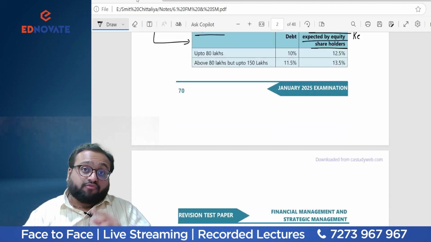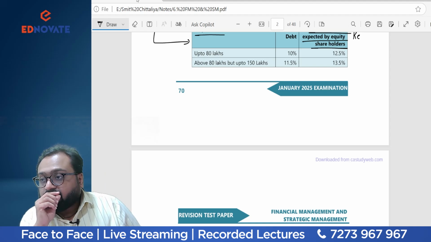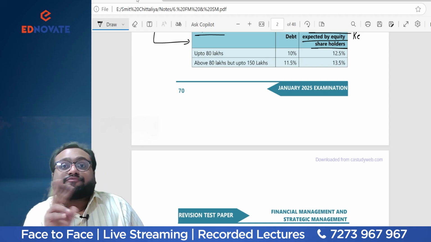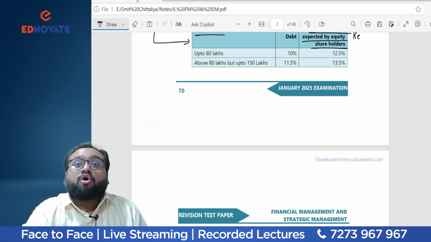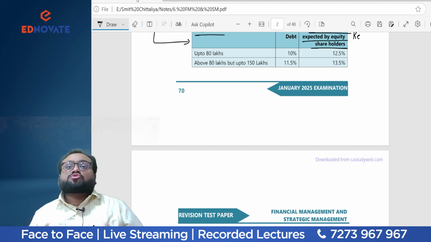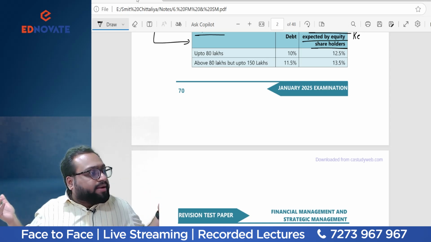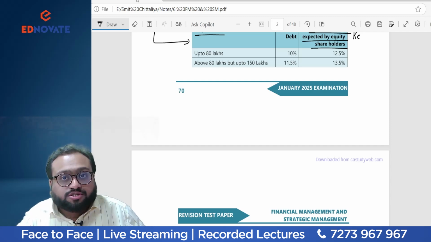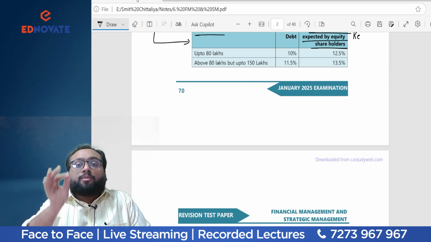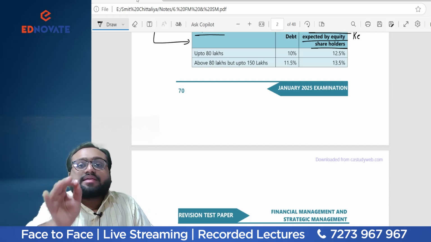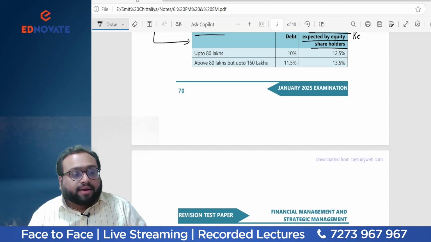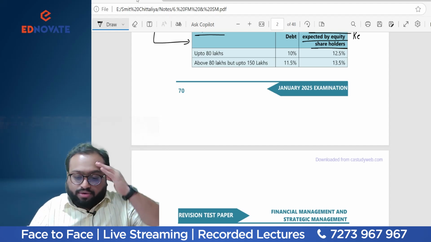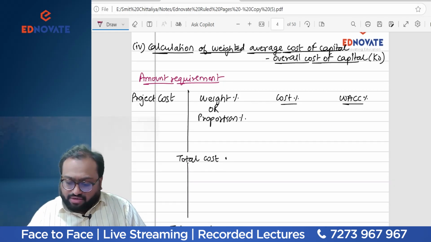Now, one thing we need to observe properly is that there is an optimal capital structure and they want the debt equity mix, or debt equity ratio, of 2:1. So we need to maintain that. Why? Because it is an optimum capital structure. We cannot touch that at any cost. The company wants its optimum capital structure, and for that they want the debt equity mix as 2:1. Okay, completely fine. I'll keep the debt equity mix.